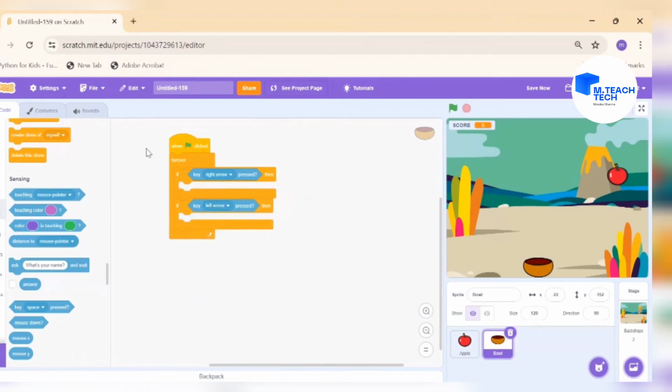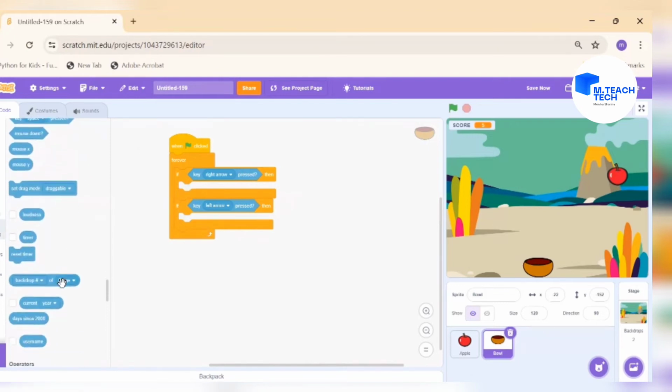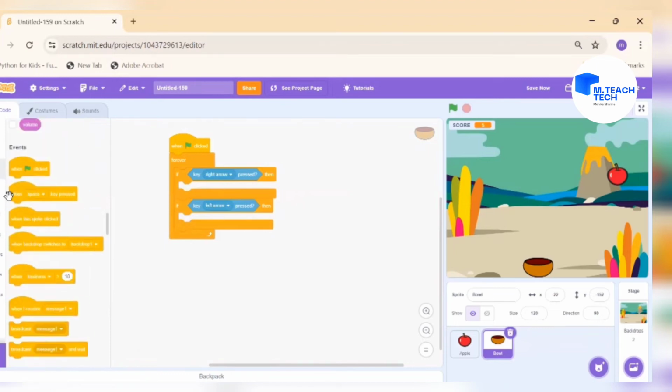Now we have to do code for it. So if you press the right arrow, where do you have to go? You have to change your x-axis. Now I'm talking about x-axis, not y, because we chose the y when we worked with the apple, so that your apple can move top to bottom. But here you have to move your ball to catch the apple, left to right and right to left. So here you have to choose the x position. So now you can write change x by,